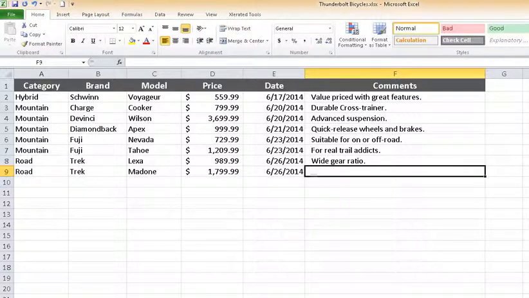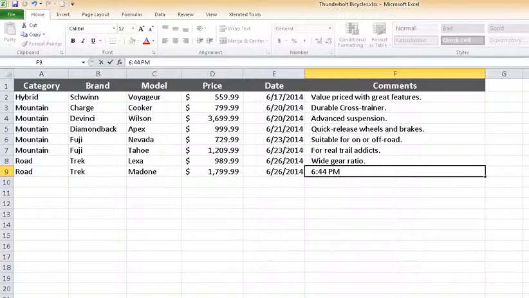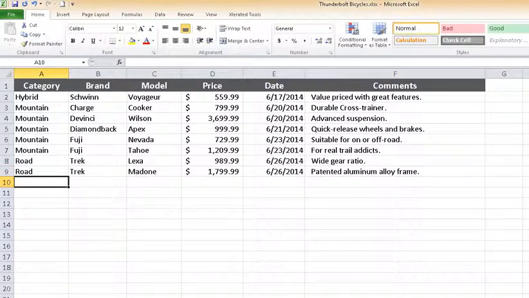We hit our Tab key to go to the next column. And just by way of example, we're going to put in the time. We're not really using it in this table, but in order to put in the time, that would be Control Shift semicolon. Control Shift semicolon. Okay? But that's not really part of this table, so I'm going to escape out of that. I'll put in the actual comment, which is patented aluminum alloy, if I spell it right, frame, period, and then I hit enter, and bam, I'm right back at the